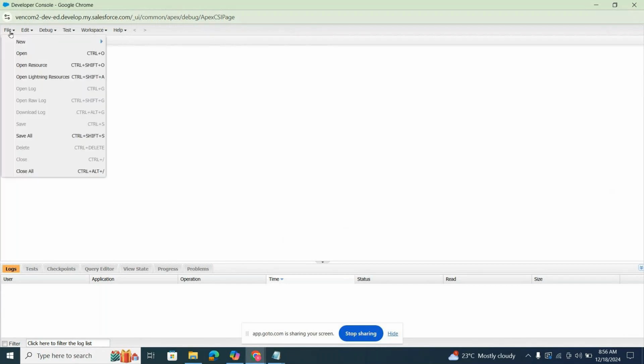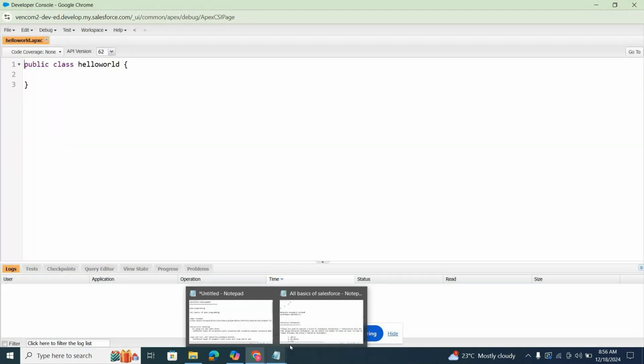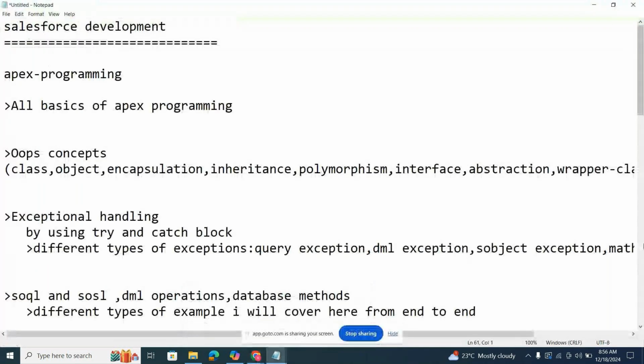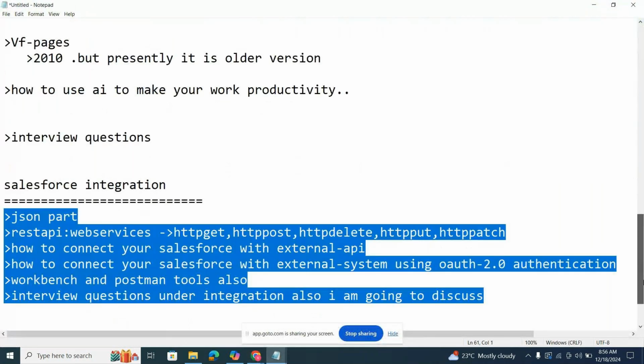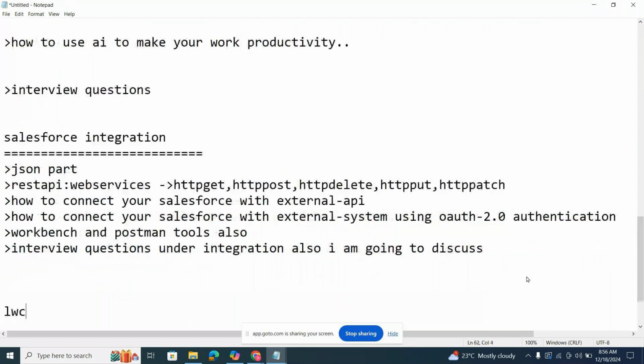Click on File, click on New Apex class. Just discussing Hello World. Here you can ask me when I'll discuss LWC components. After completion of integration, I'm going to start with LWC concepts. On the first day of LWC, I'm going to discuss the concepts.